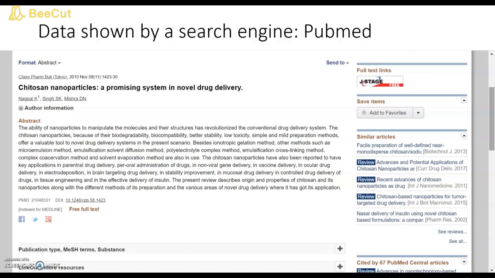Now, this is the abstract, which is the overall summary of the work described in this particular title. And this is the PMID and DOI, the unique identification numbers of this particular paper. The other information and indexing information is also written over here. All this information is shown once we put the keyword inside the search engine. So this is how the database is actually maintained.